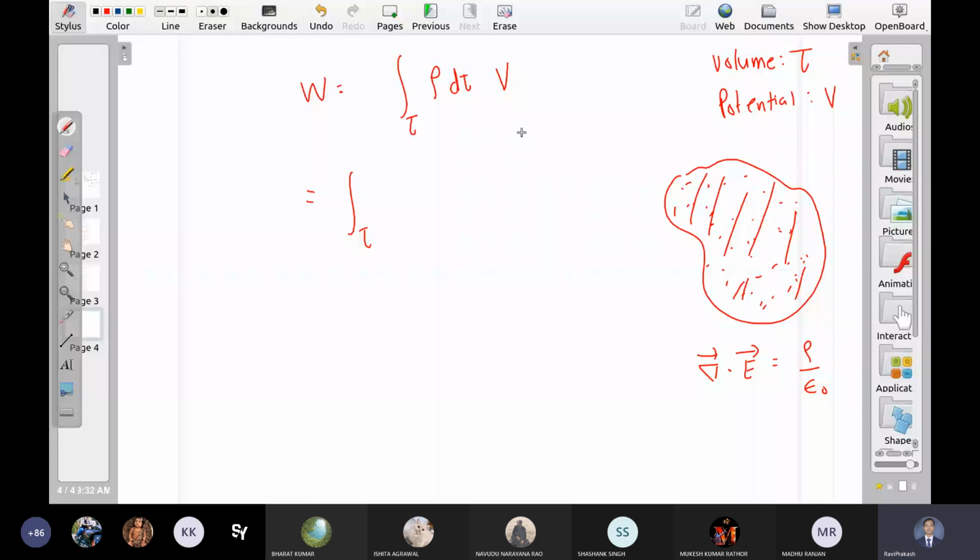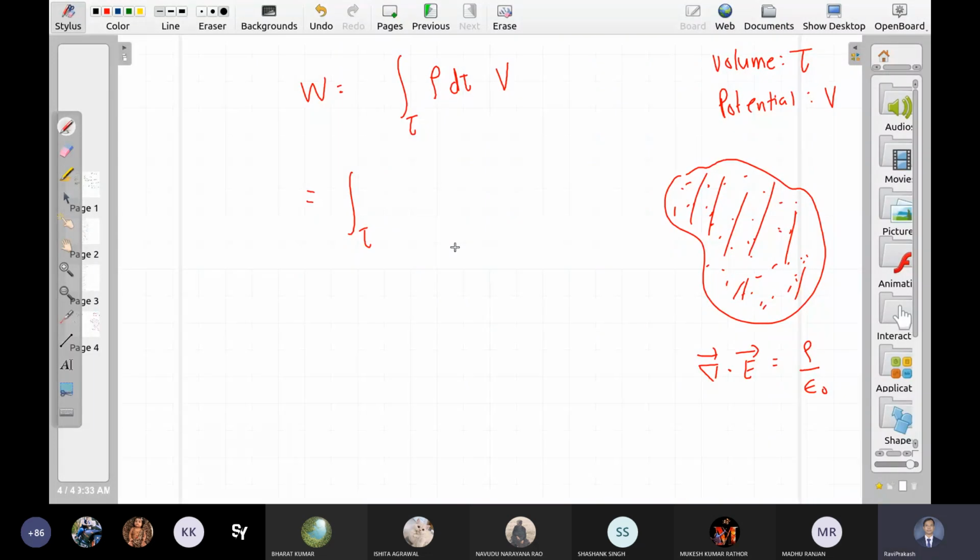Right? So when you say hollow sphere, your limits of volume will change. You have some inner radius RA, you have some outer radius RB. So your integral limits will change accordingly. But this formula will work for every possible case. If you have solid sphere, there is no inner radius, inner is 0, outer is some non-zero number. So this formula can give you answer in all cases. And now we are going to write it in a much simpler form.